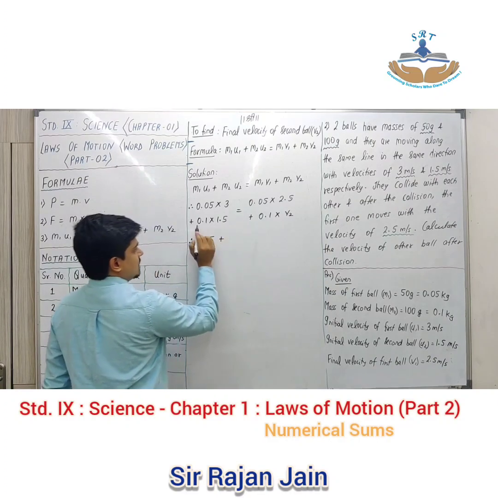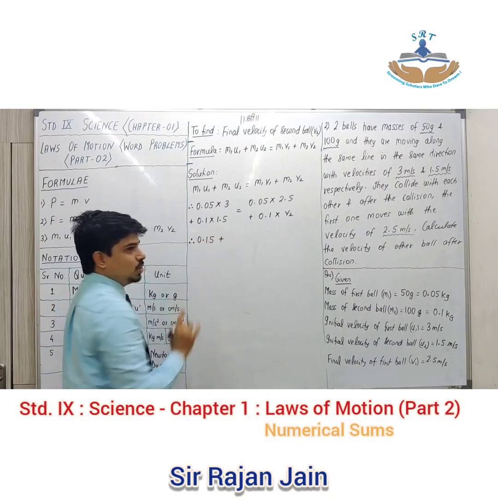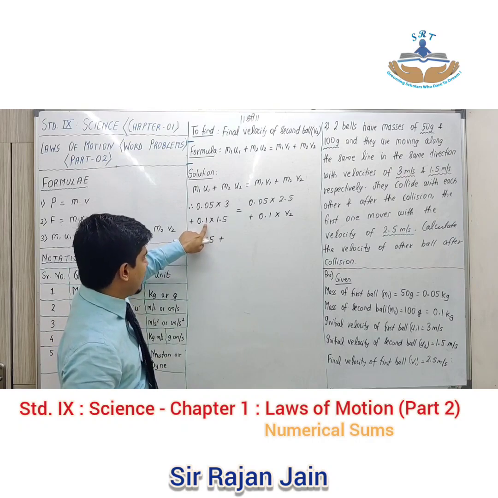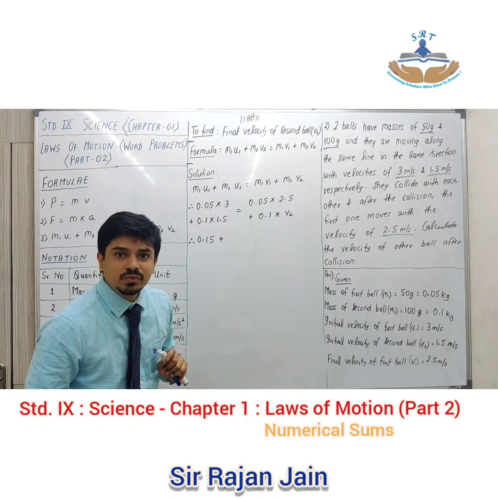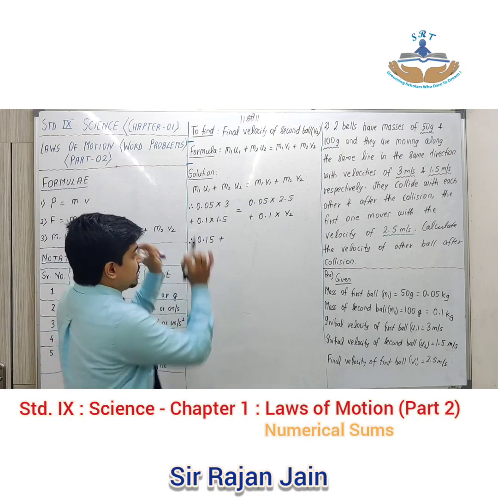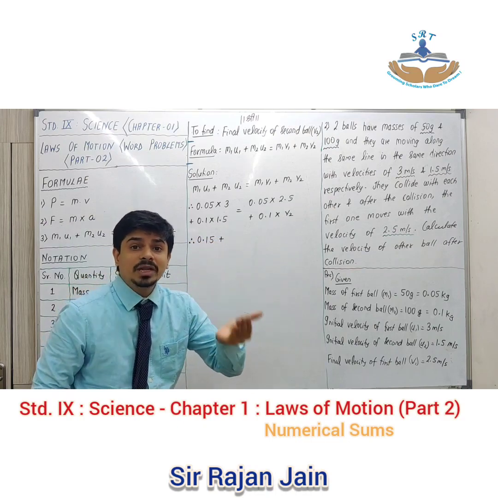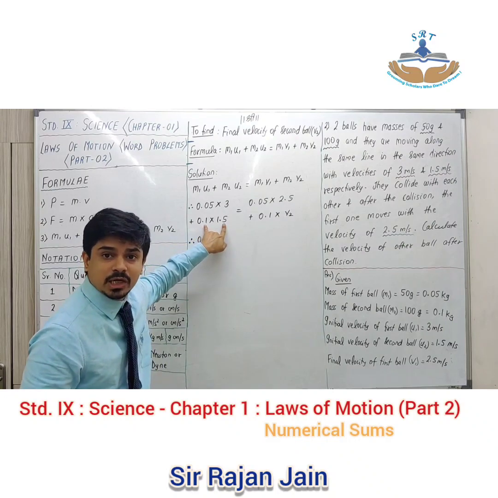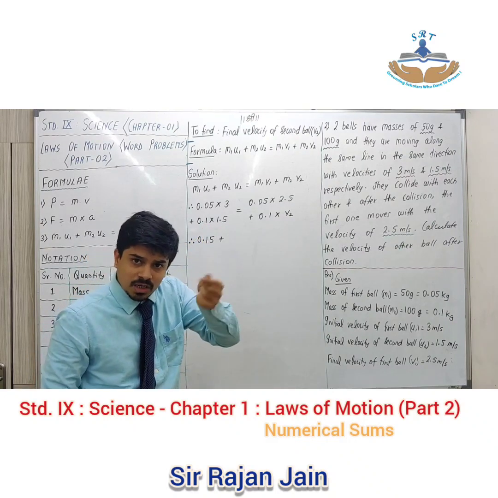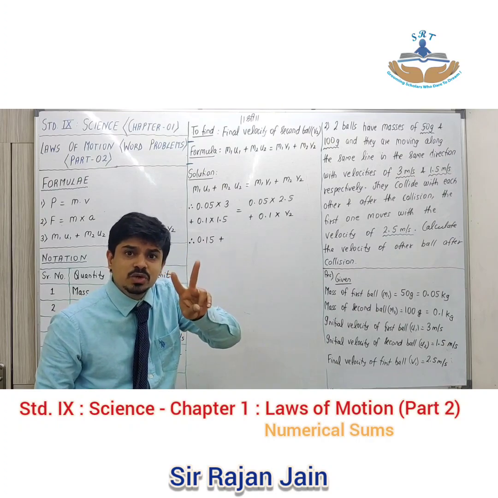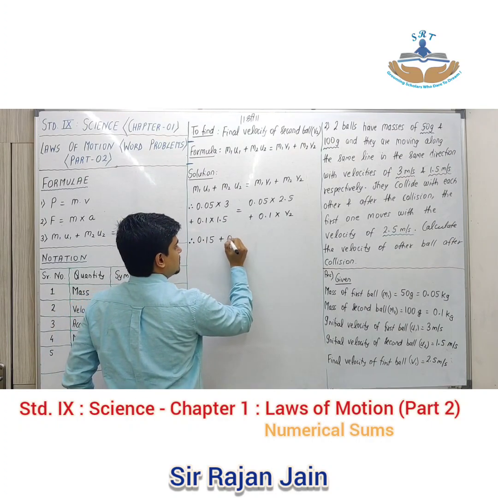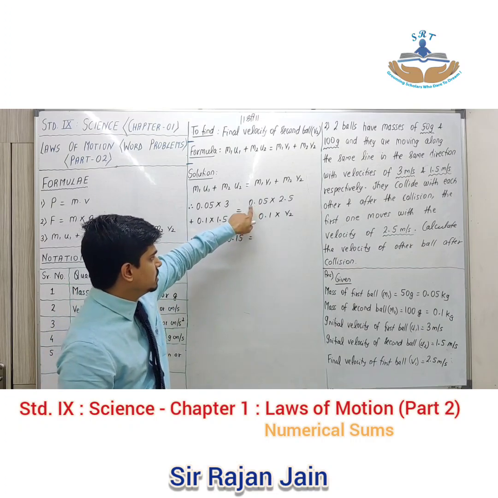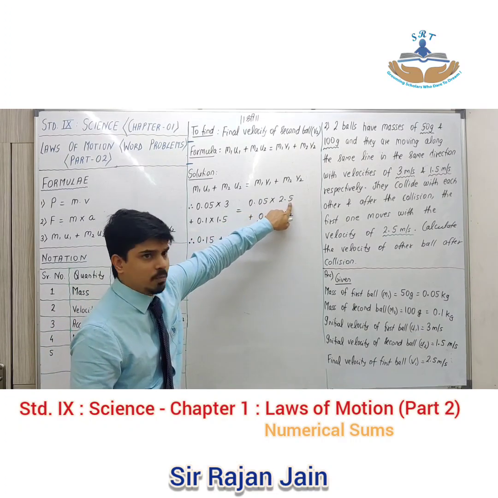Okay, plus now I can write it in the same line. As I told you, ignore the decimal and multiply. If I ignore the decimal and multiply, 1 into 15 होएगा. 1 into 15 कितना होता है? 15. Okay, then you see total how many digits are there after the decimal. इधर एक है, इधर एक है. So total there are 2 digits after the decimal. In your multiplication का answer also there should be 2 digits after the decimal. So it becomes 0.15. Now this will be equal to, over here, 0.05 into 2.5.